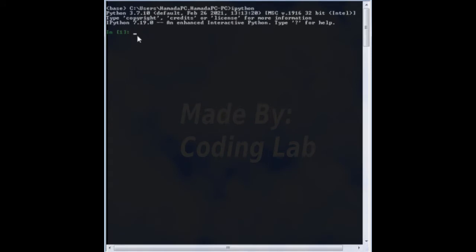Let's try x equal 10.75 and use the function absolute, abs of x. The result will be 10.75 because x is already a positive number, but